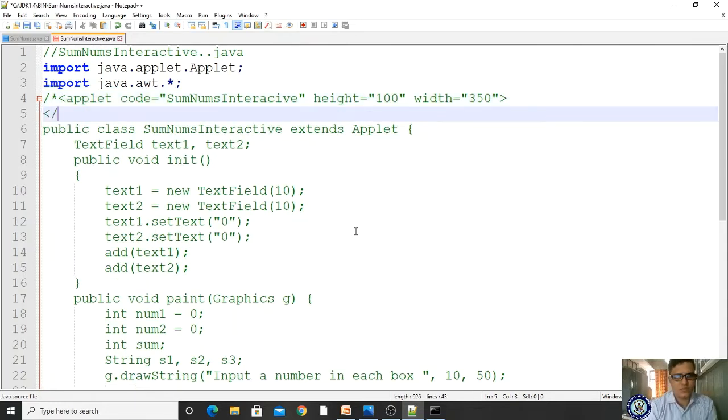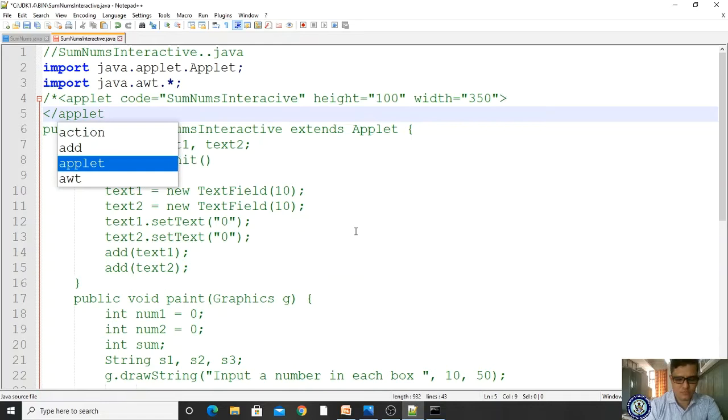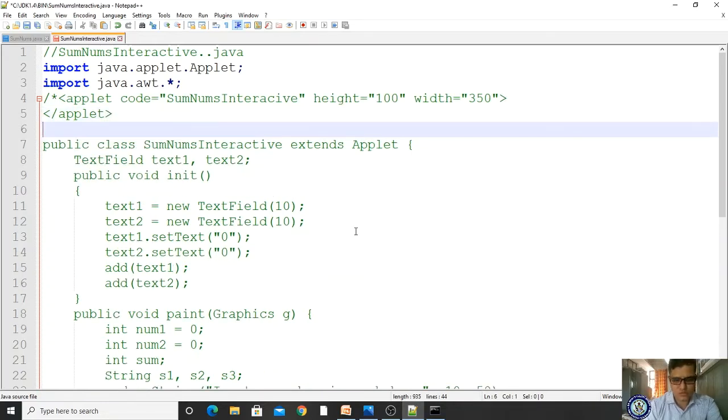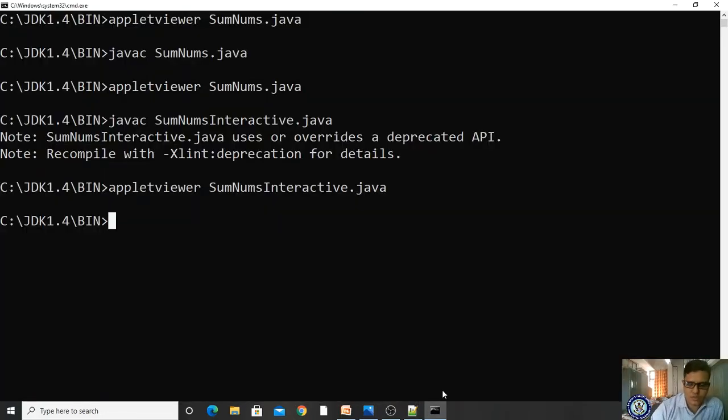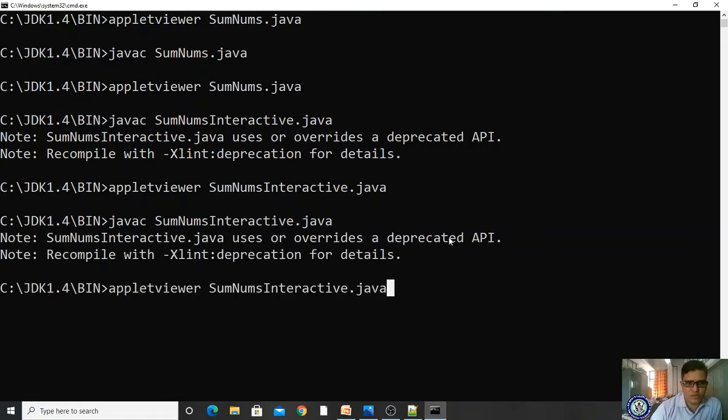Afterwards you have to close the applet tag and comment section. If you don't give this applet code in comment sections, then it won't work. Let me save, come here and compile. Let me compile once again and run once again.